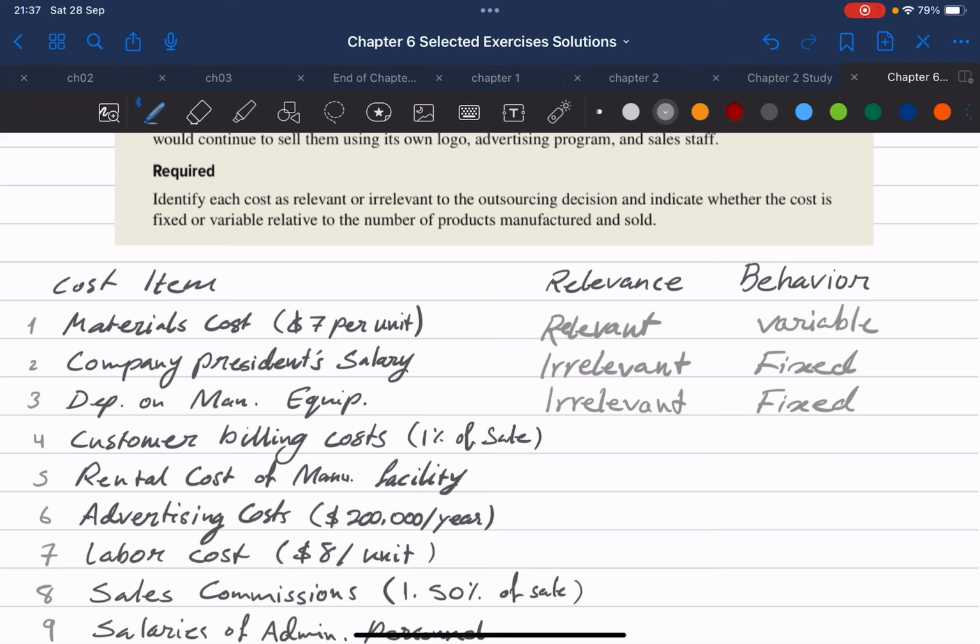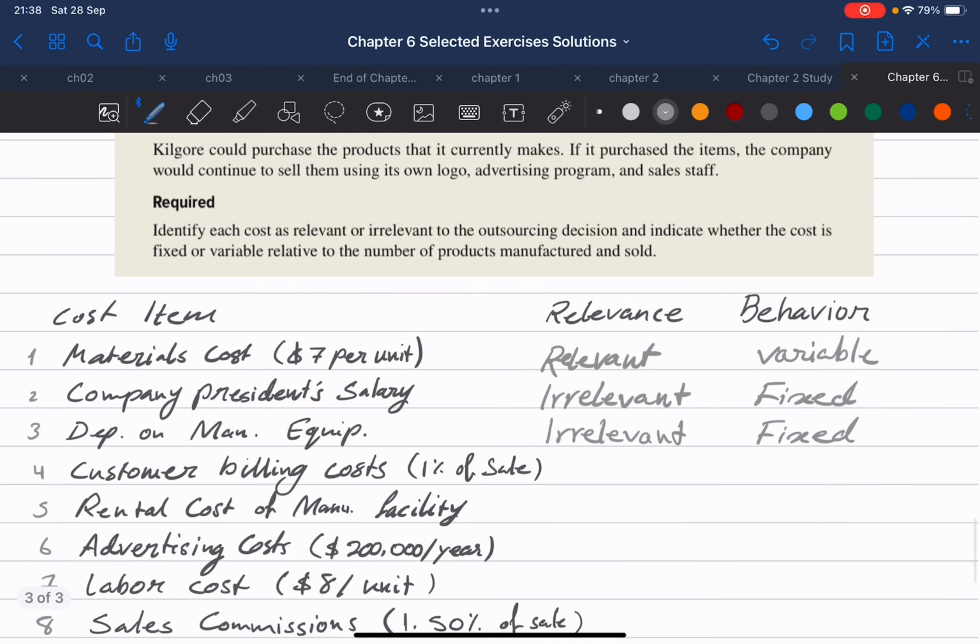So you get the point. Let's go over the rest. Number 4, customer billing costs, 1% of each sale. Okay. Now going back to this line right here, where I said that this piece of information is gonna be important later on. It says the company would continue to sell them using its own logo, advertising program, and sales staff, right? So